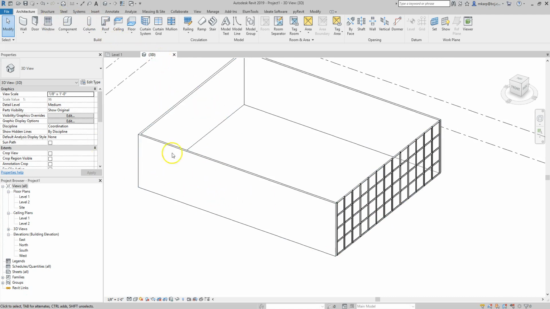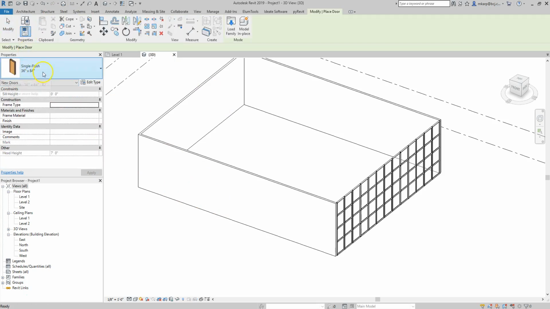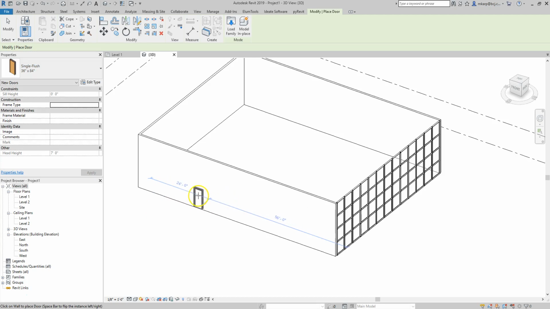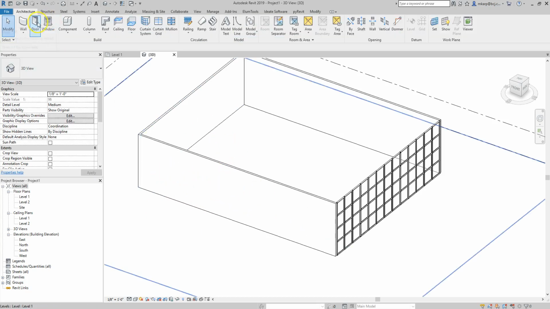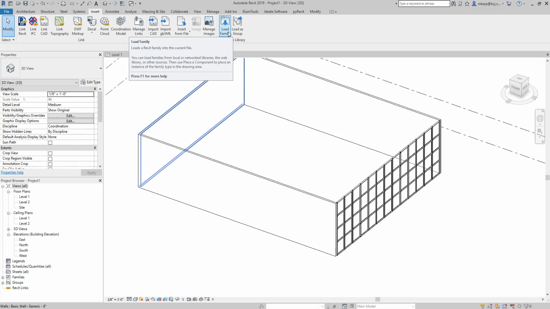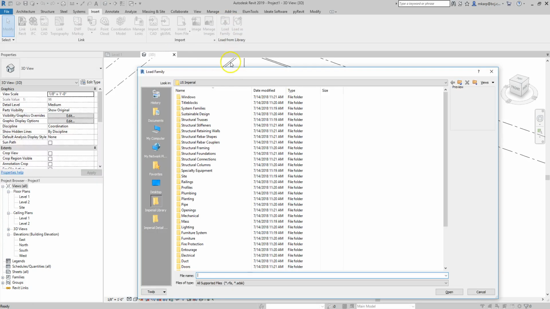So in order to get doors, we normally start off with some. So you'll see we already have a single flush loaded in here. But let's say we wanted something else. We wanted something like a double door. The way we do that is we go to Insert. Now, if you're in an office, chances are you're going to have a lot of things that the office has set up for you. You can also go and find manufacturers' families too. Some popular places are Revit City and BIM Object. But for here, we're going to use the standard ones that come with Revit, which are not a bad starting point. So if I go to Load Family,